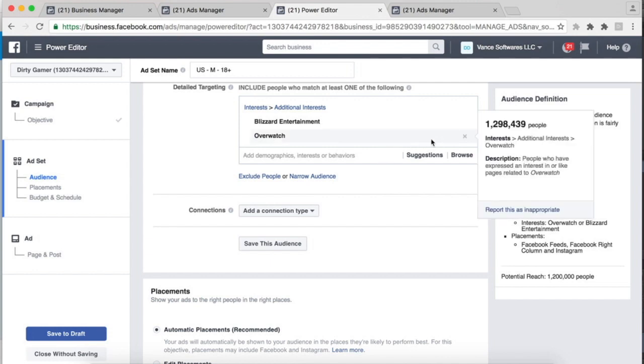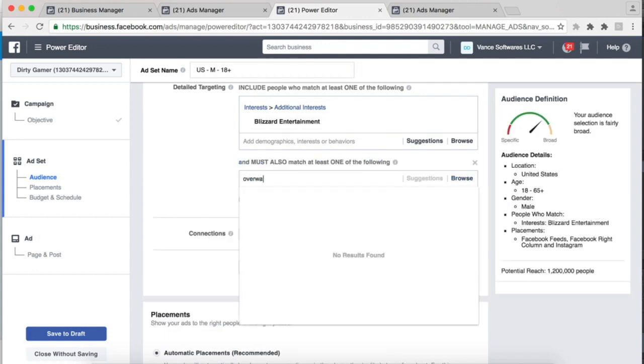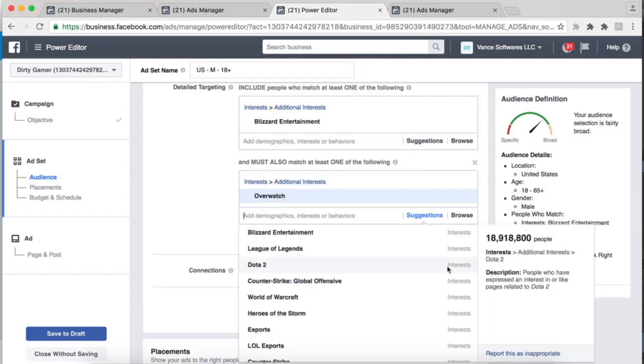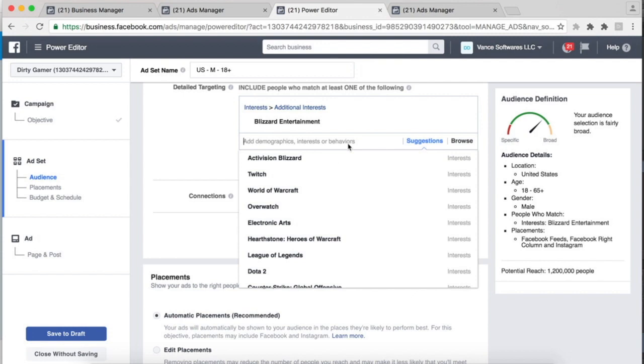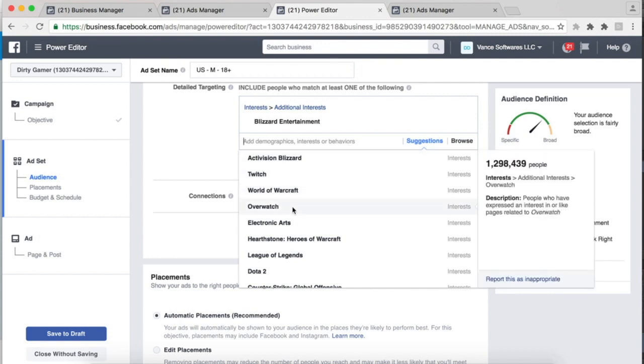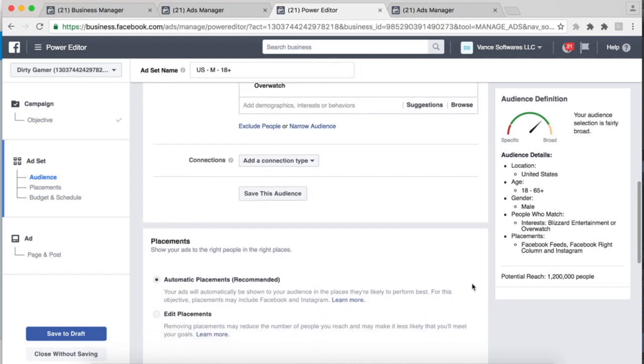If I really wanted to, I could dig deep into Blizzard and narrow it down with Overwatch, but it would probably be way too small. Overwatch shows fewer than 1,000 people, so that's what I thought. Under Blizzard Entertainment we have World of Warcraft and Overwatch again, so I'm just going to add Overwatch in here, because there are a few people who are in there all the time.